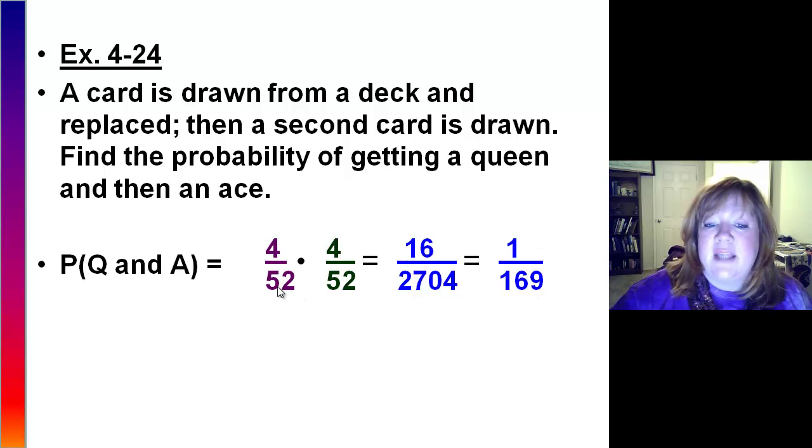If you notice back at this point, I could have reduced both of these fractions to 1 out of 13 times 1 out of 13. I probably would have done that just because I don't like getting all these big numbers and then trying to reduce again. I do know that big numbers need love too. But if you could possibly put your fractions in lowest terms at this stage,